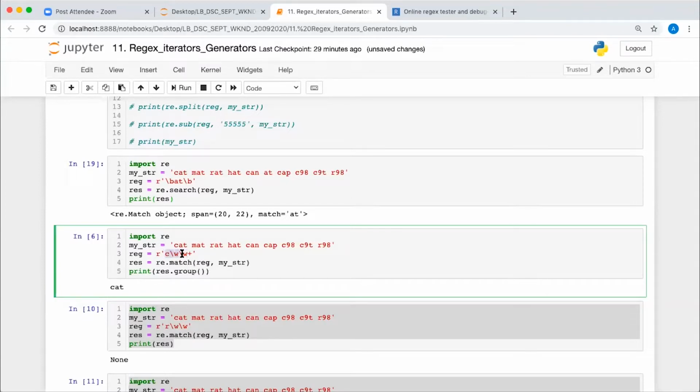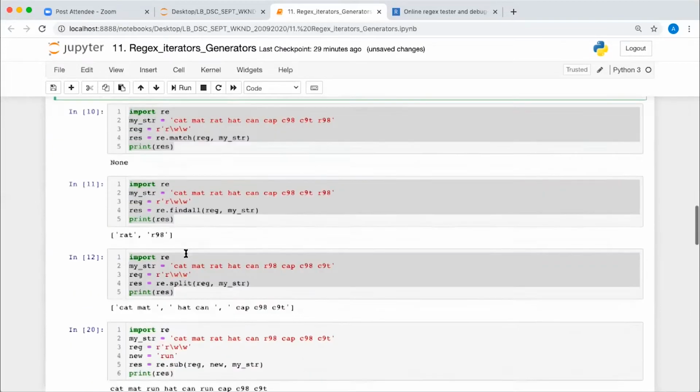There should be at least 3 repetitions of alphanumeric characters. The first character will be C, and the next 2 characters, or it may be 3 or 4 characters, can be anything, but they must be alphanumeric. You have written plus after backslash W, which means you are going to repeat this backslash W at least one time or more.